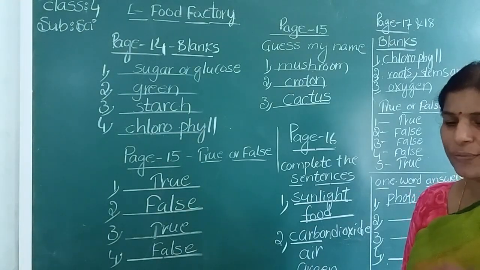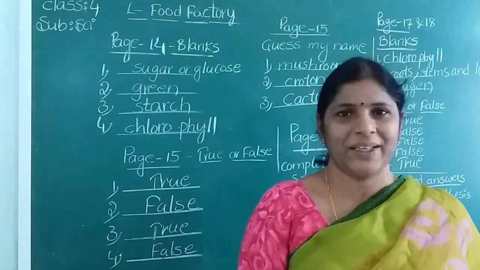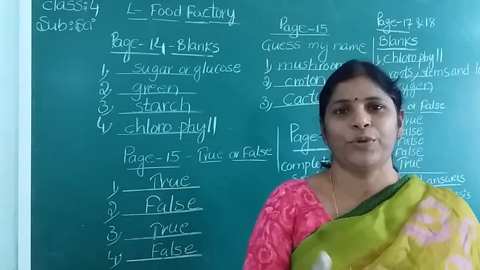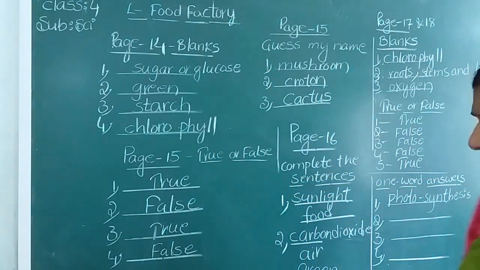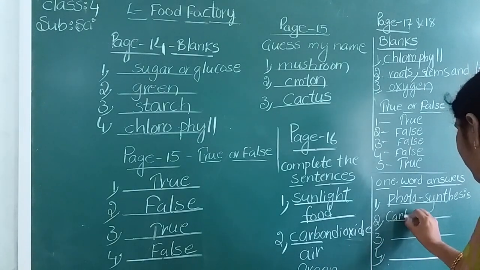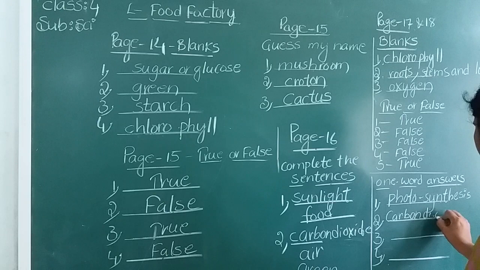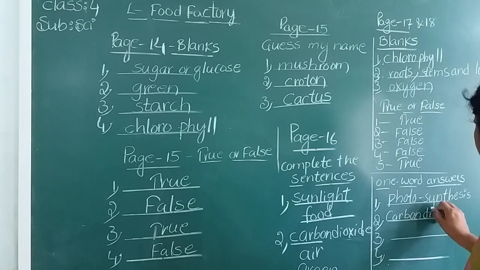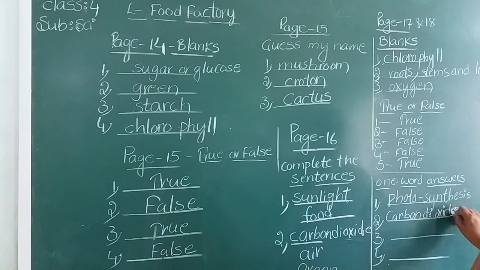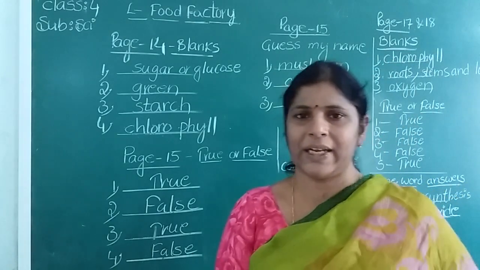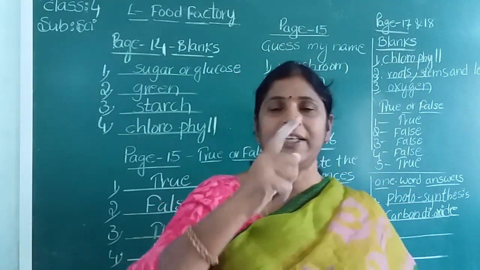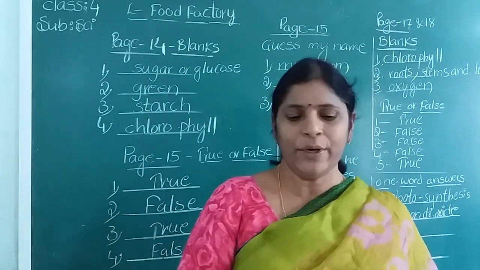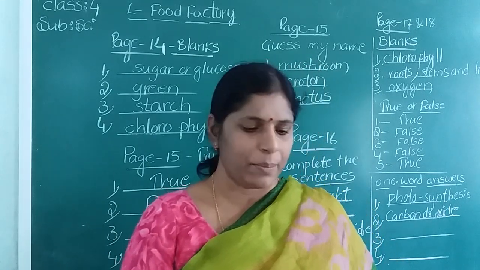Plants need this gas from the air. Plants take one gas from the atmosphere or air for making food. What is that? Yes, carbon dioxide. Plants need carbon dioxide for making food, not for breathing. We breathe out carbon dioxide, which mixes into the atmosphere or air. Plants take carbon dioxide from the air for preparing food.